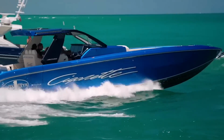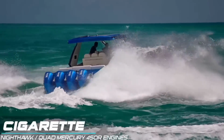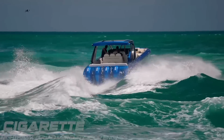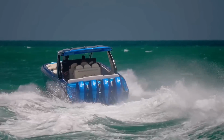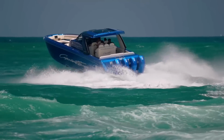Haulover, where man and machine take on Mother Nature down at Haulover Inlet, Miami, Florida, and it's going to be another fun one. Conditions are a little rough today. Some of our captains are taking it easy, and then we still got some of them full send boys out there. It'll just depend on the captain to see how they handle it as they try and work their way out of the inlet. But let's go ahead and get our 5-round competition started, and we'll move into the first